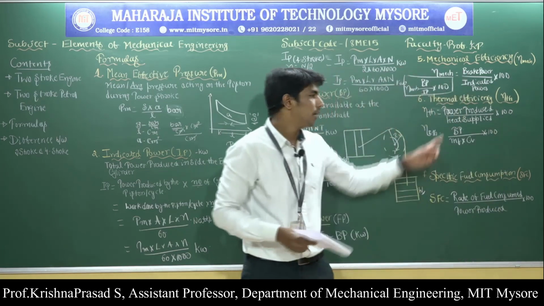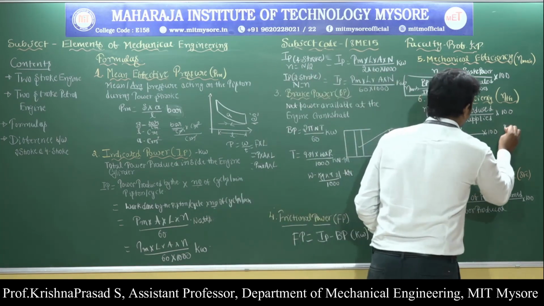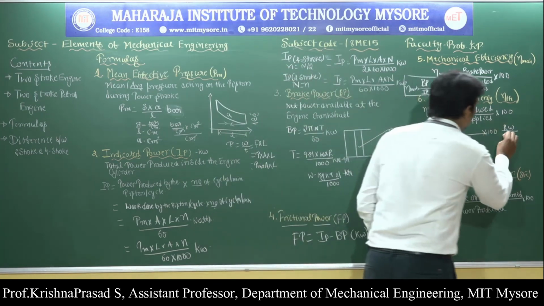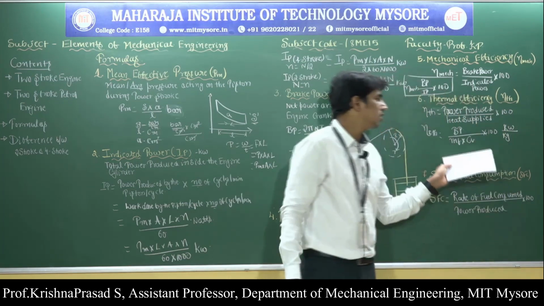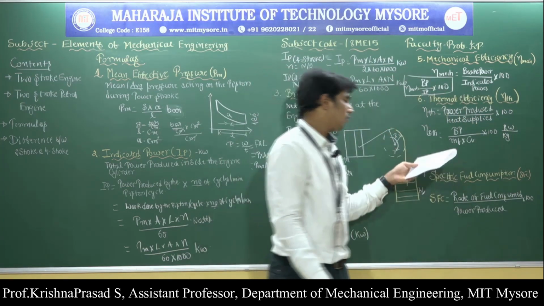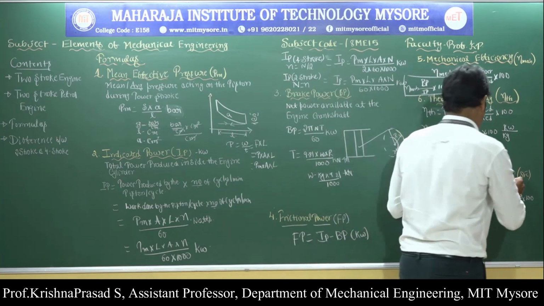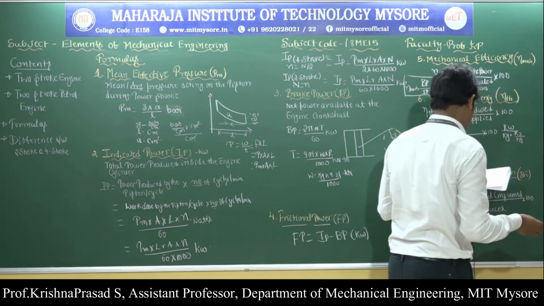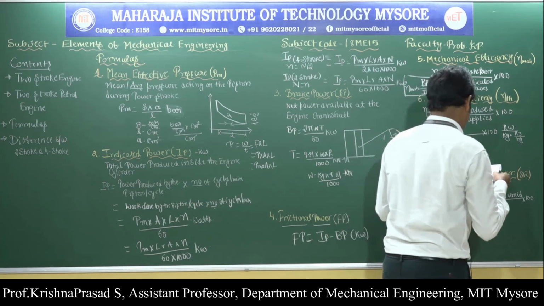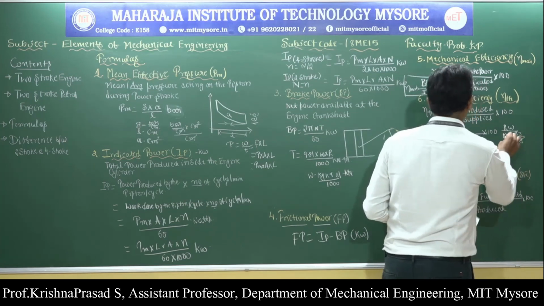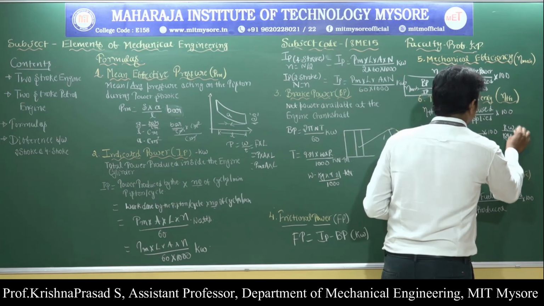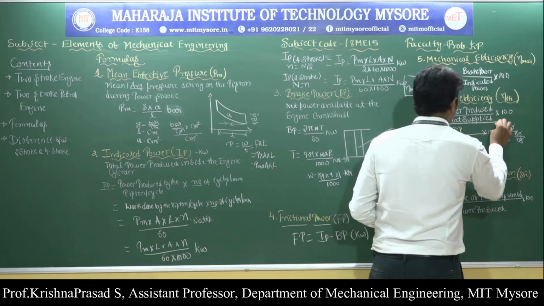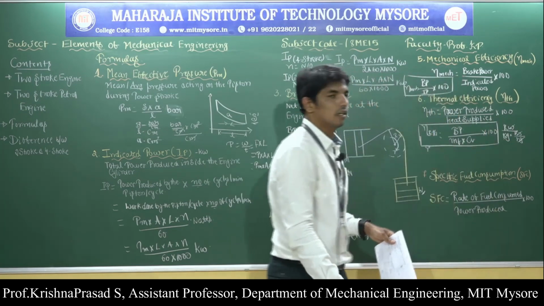Here BP is called brake power and that is in terms of kilowatt, and MF is nothing but mass of the fuel supplied, in terms of kg, and CV is nothing but calorific value, usually represented by kilojoule per kg. Here kg is going to cancel out, and kilojoule and kilowatt remain the same. Therefore, brake thermal efficiency is equal to BP by MF into CV into 100.